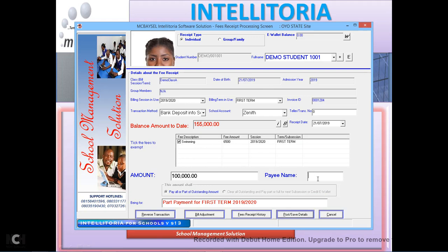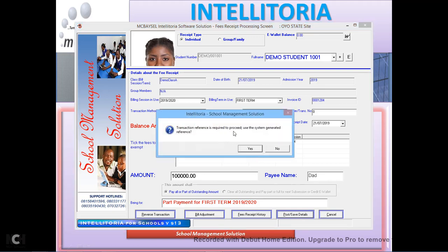If you know the payee name, the person that makes the payment, you put it. If you don't know it, just put NA or put any other thing. But for record purpose, it's good to actually know the name of the depositor. So I click save button here. Yes, transaction reference is required to proceed. Use the system generated reference. This message,